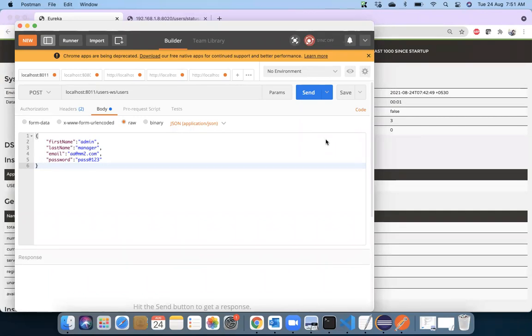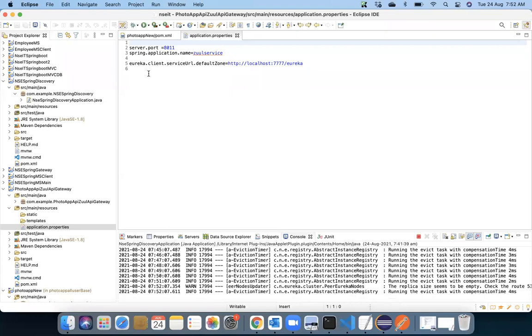So we would like to perform this activity to write some additional logic for security. I'll be going here and let me stop everything.